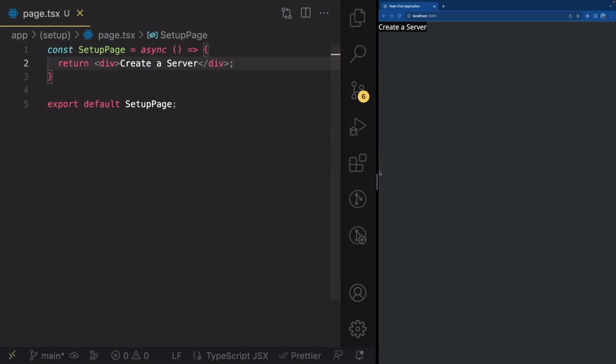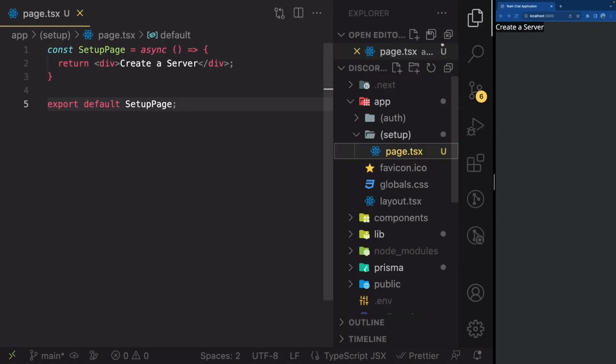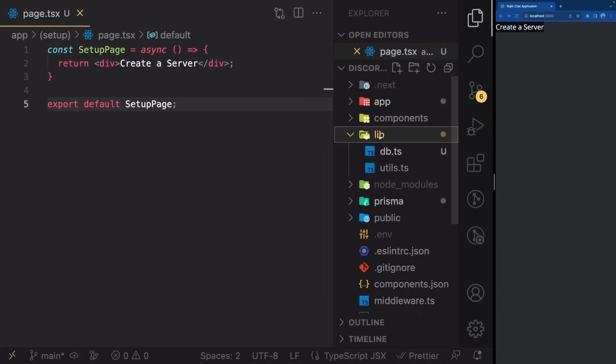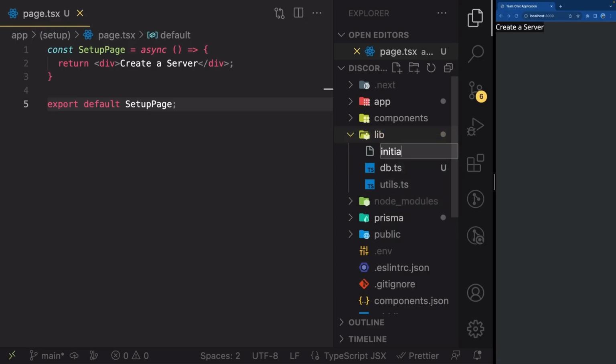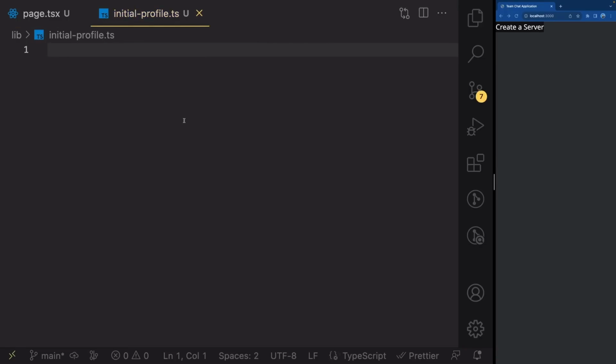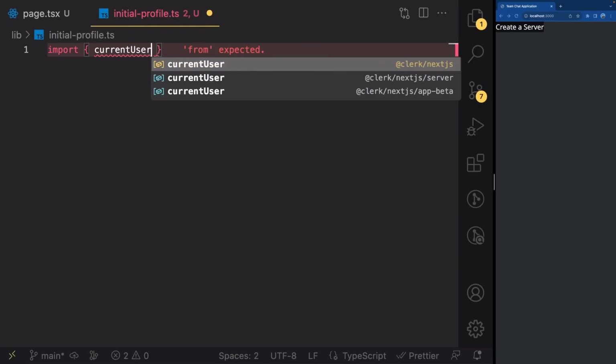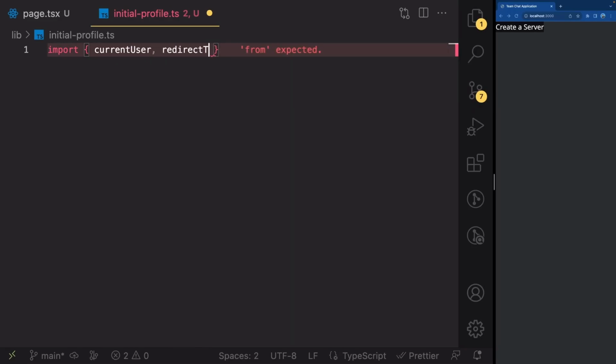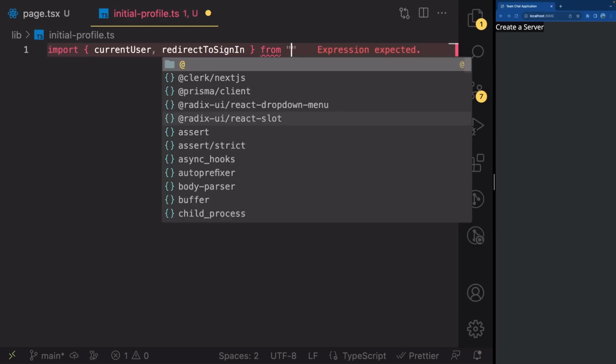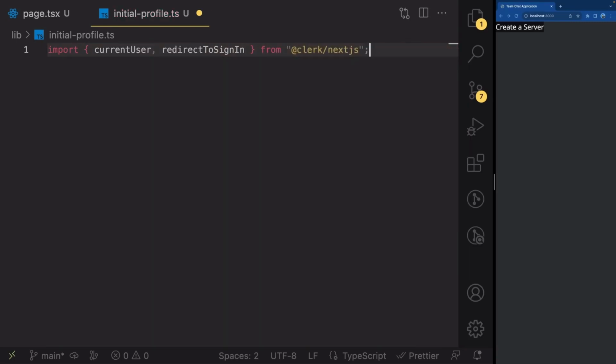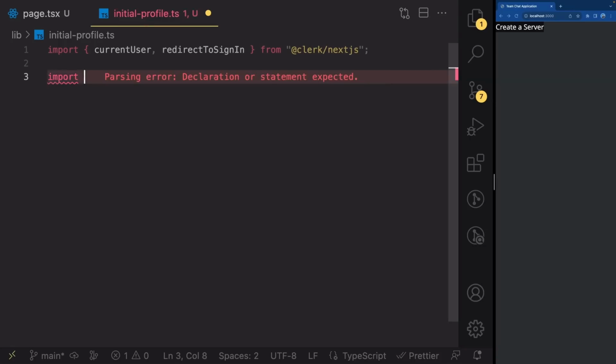Great. Now what we're going to do inside of here is we're going to attempt to load our profile. So in order to do that, let's go ahead and create a useful util to do that. So I'm going to go inside of lib and create a new file, initial-profile.ts like this. Great. And let's import current user and redirect to sign in from @clerk/nextjs like this. And let's also import the structure db from ./db, but the way I'm going to prefer it is